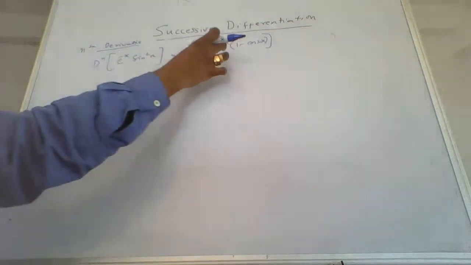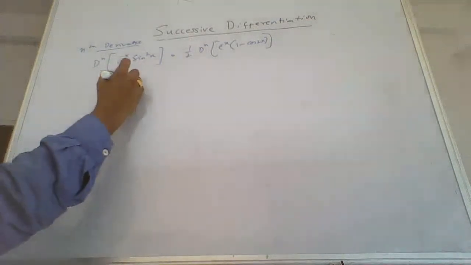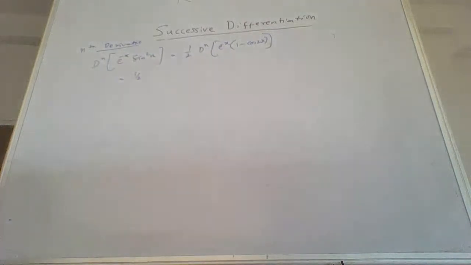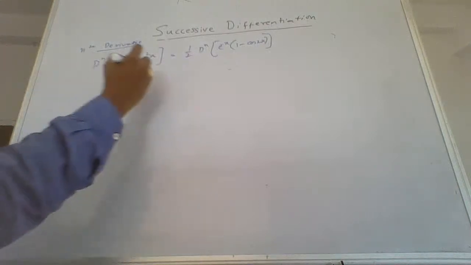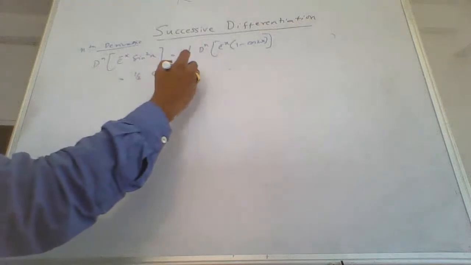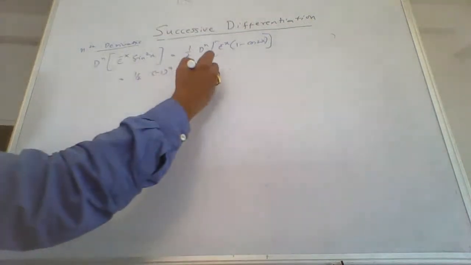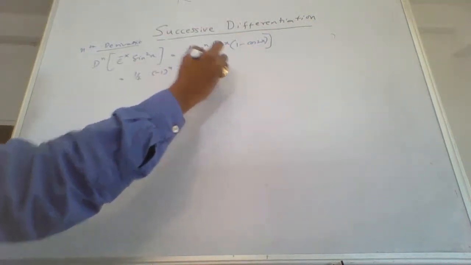Now first let us find what is the nth derivative of e to the power of minus x. So let us write that, half. Now the nth derivative of that would be minus 1 to the power of n e to the power of minus x. So this is the nth derivative of this. And minus of, this is half,